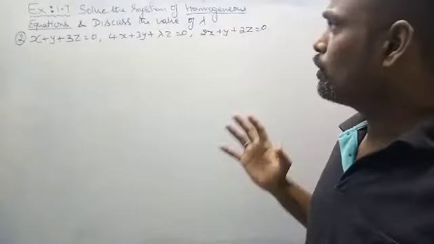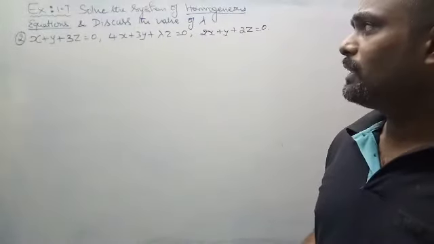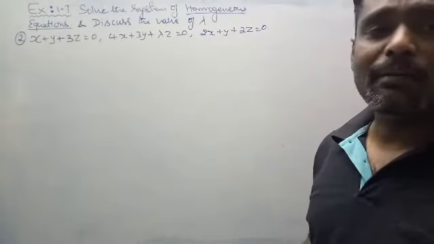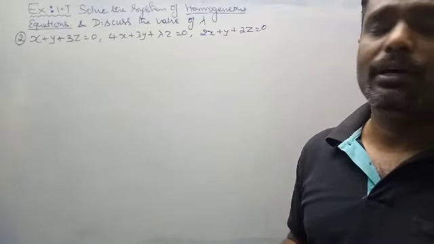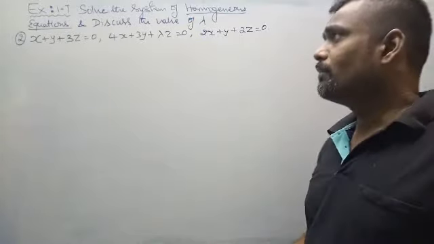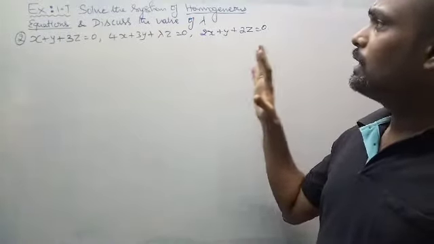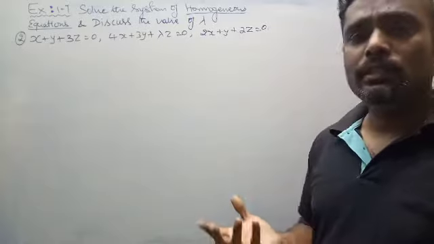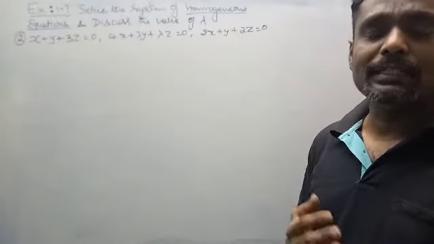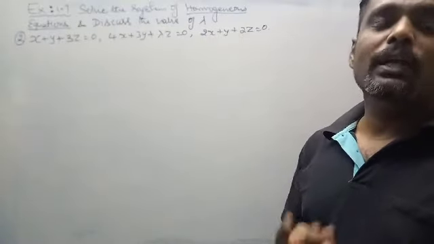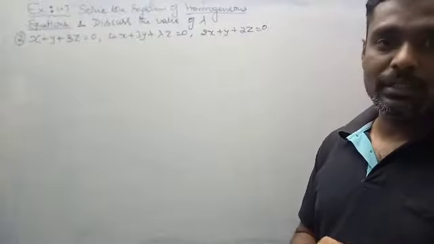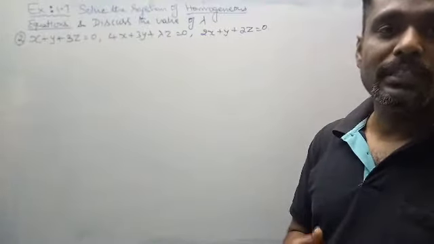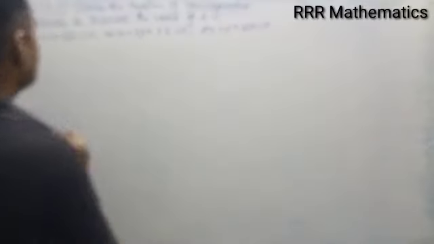So as usual we proceed with the problem. We may get the matrix in terms of lambda, and we want to discuss the value of lambda according to the given conditions. See here, this is a homogeneous equation, so if you discuss the value of lambda, it has a maximum of two cases. One is a unique solution, that is the trivial solution. The other is infinitely many solutions, that is the non-trivial solution. So let us discuss the problem. Here I will use the rank method.